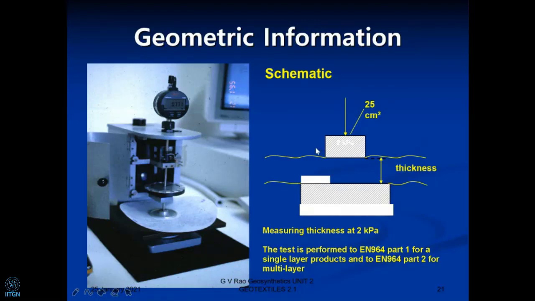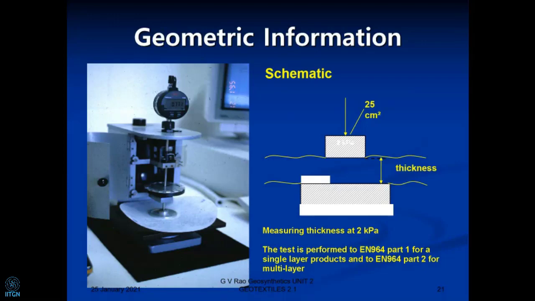Now once we have the thickness, what are the other things we have to look at? We can also look at compressibility, though it is not part of this now. Let us say we have a thickness of 1 millimeter at 2 kilopascals. If the thickness decreases from 1 millimeter to 0.5 by applying, let's say, 15 kilopascals, it is compressing heavily. When it compresses heavily, naturally the pore size is going to reduce. The permeability and filtration characteristics are going to change. So particularly when we place this in a soil system at different water pressures, it becomes important for us to understand the compressibility of this also.